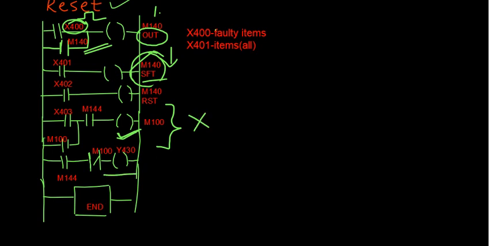Once Y430 is activated by means of some deflection mechanism, you deflect the conveyor to put your faulty item here, and once the faulty item is put, immediately after that you should have the resetting of this rejection mechanism. The resetting of this rejecting mechanism takes place by virtue of the input X403. You can see here the input X403, which is again latched by M100, and this M100